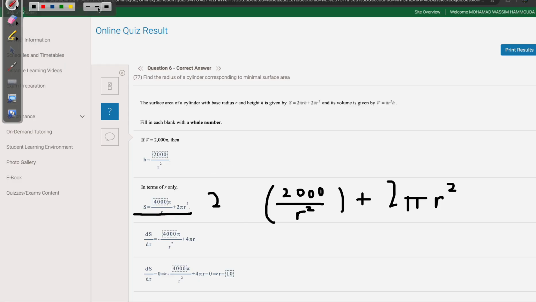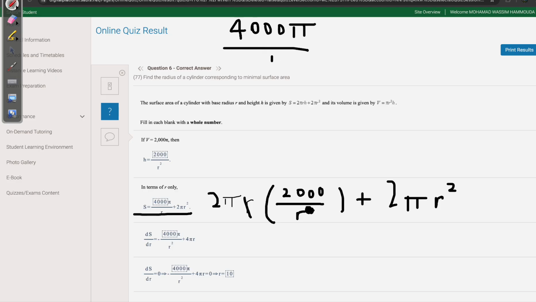Let me just make it smaller. 2 pi r times this. So r from here cancels here, it becomes 2000 over r. Then you multiply 2 times 2000, so 4000 pi over r plus 2 pi r squared. Okay,